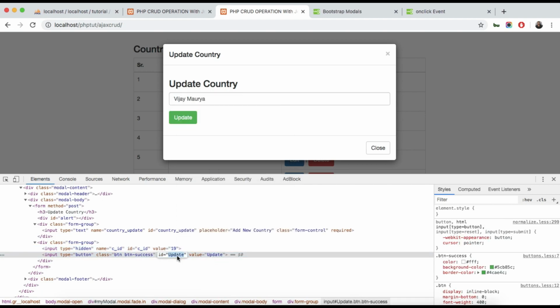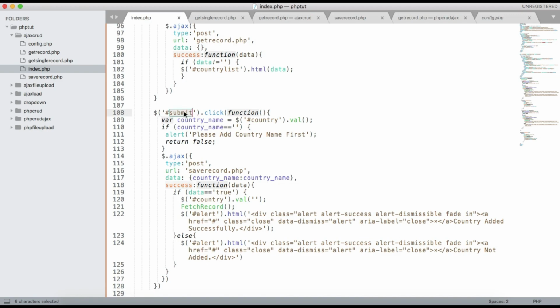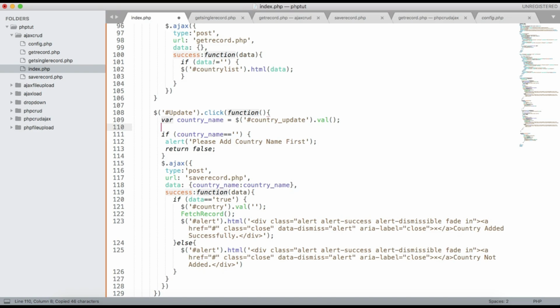On the update we will get the country name, and the country name here will be country_update. We will also get the variable CID, and with the help of CID we will get the ID, and if country name is equal to empty,